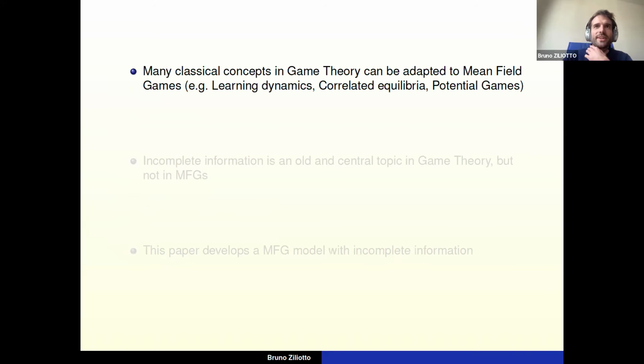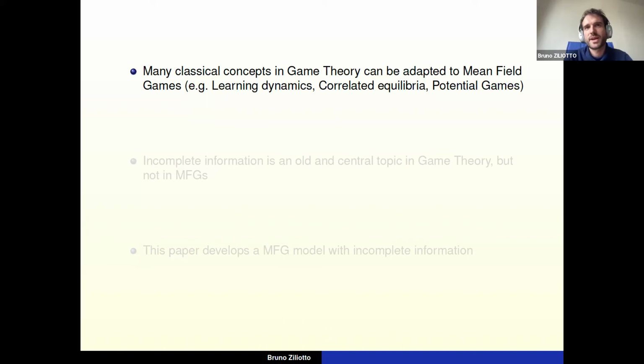So in fact, Eran and I are relatively new in the MFG community, since it's our first work on the topic. We are game theorists, and of course we have seen all the recent developments on MFG games, and we thought it was quite interesting. We have also noticed that many classic game theory concepts have been adapted to MFG games. For instance, learning dynamics, when players don't know how to play and they start to implement some simple procedure,